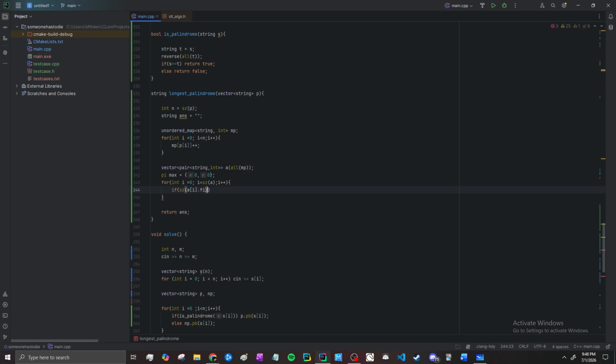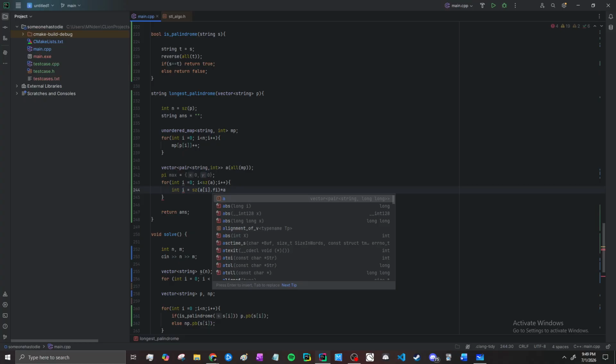If the string times the number, actually, just to make it less confusing, the size of the string